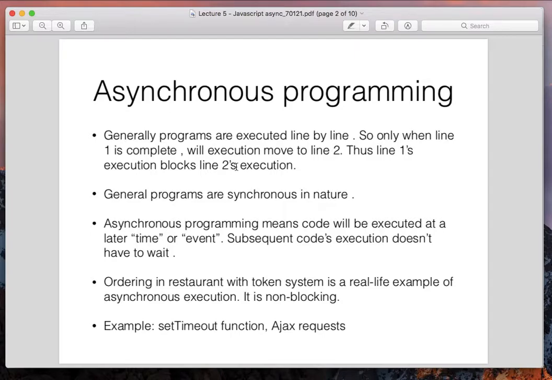So we say that line 2's execution is not dependent on line 1's execution. In a way, asynchronous programming is non-blocking in nature. Lines are not blocked, but instead different code is being registered. Once we do certain examples, we will clearly understand what I mean.